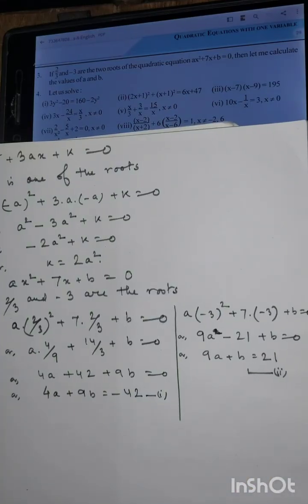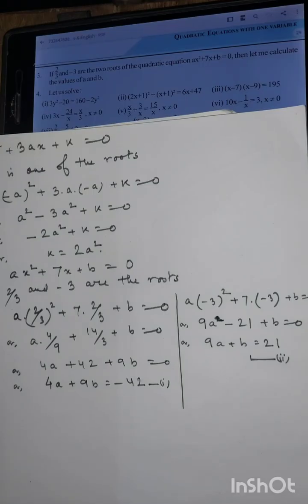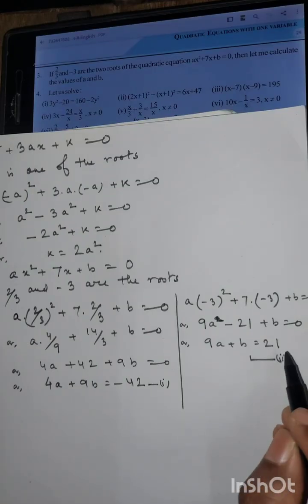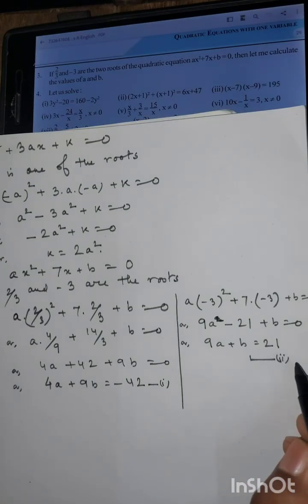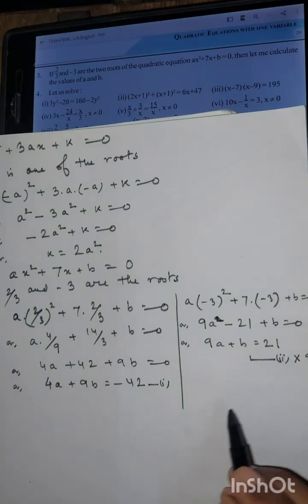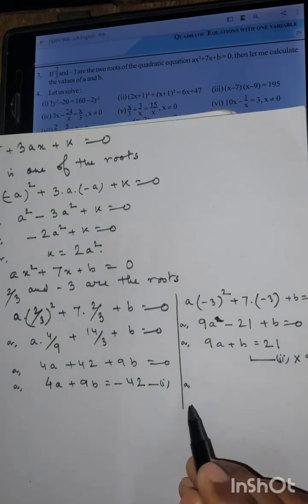Now if we solve these equations, we shall get the values of a and b. Let us multiply equation 2 by 9. So we get